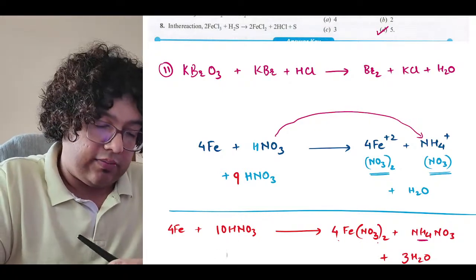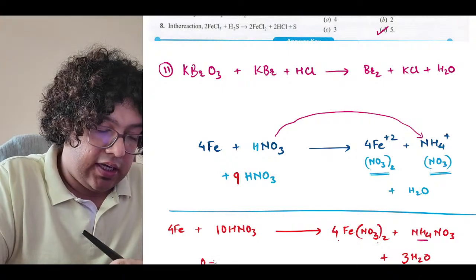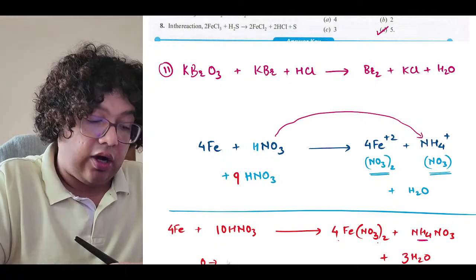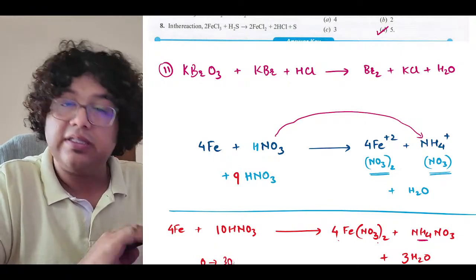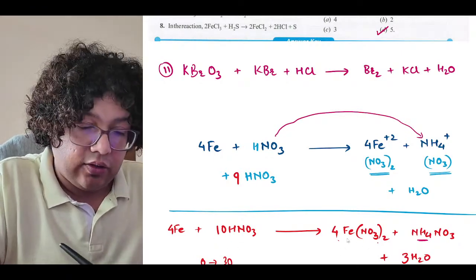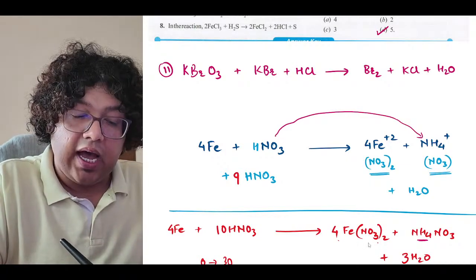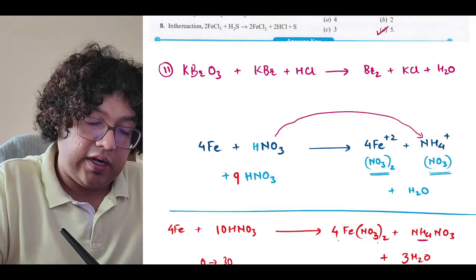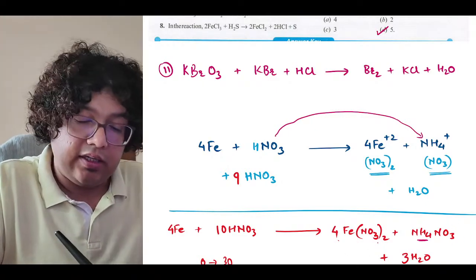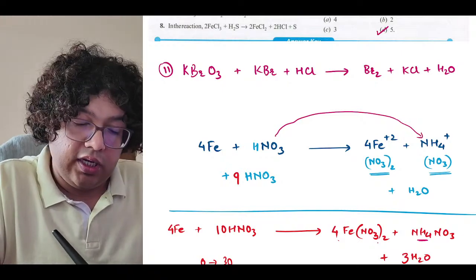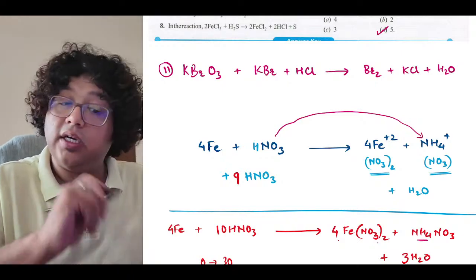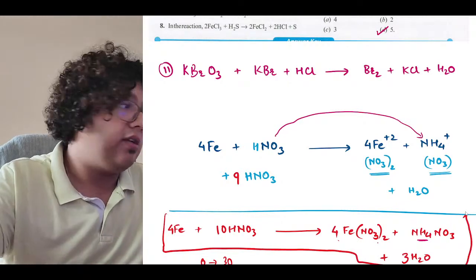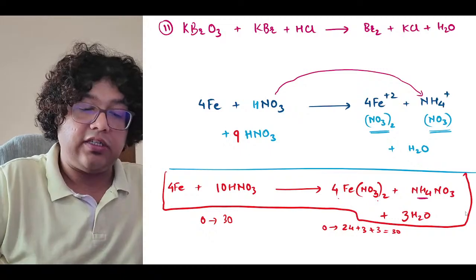Now let us check the oxygen, because oxygen will actually give us the idea if our reaction is balanced. So left hand side, right hand side, let us look at the oxygen. On left hand side, we have 10 into 3, 30 oxygen straightforward. On right hand side, let us have a look. So 3 into 2, 6 oxygen in the ferrous nitrate, and there are 4 molecules. So 6 into 4, 24, plus ammonium nitrate 3, plus water molecule 3. So that brings us to 30. So we have 30 oxygen on the left hand side, 30 oxygen on the right hand side. So now this is our balanced chemical reaction.